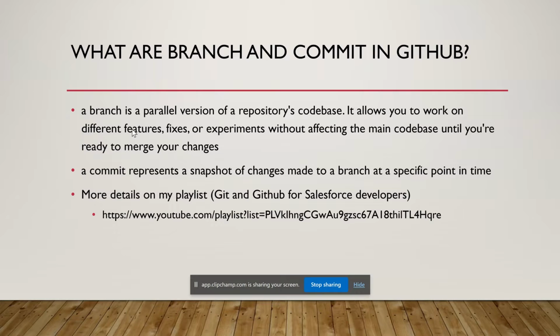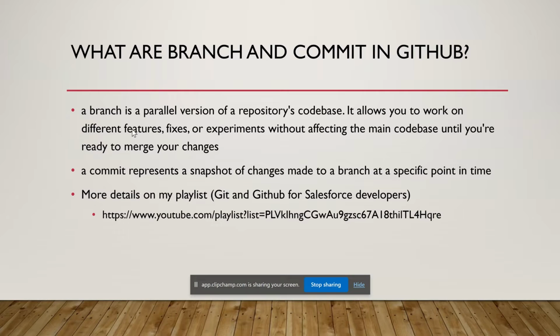So, starting with the basics as always, what are branch and commit in GitHub? A branch is a parallel version of a repository code base. It allows you to work on different features, fixes, or experiments without affecting the main code base until you're ready